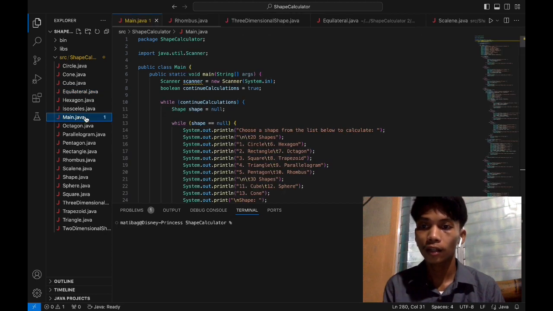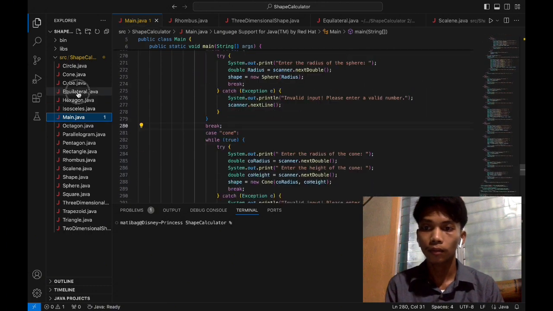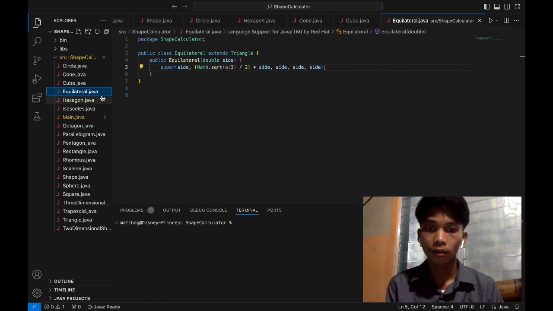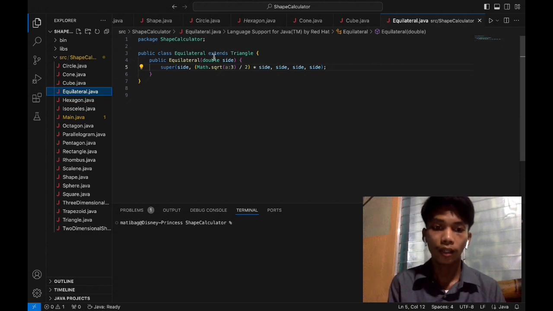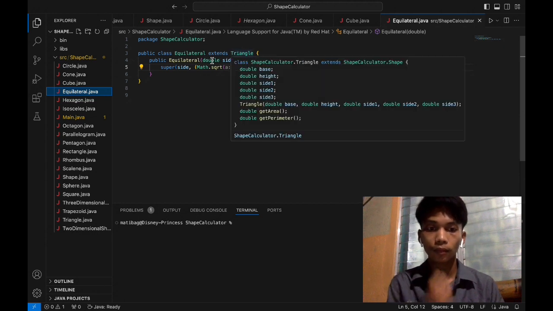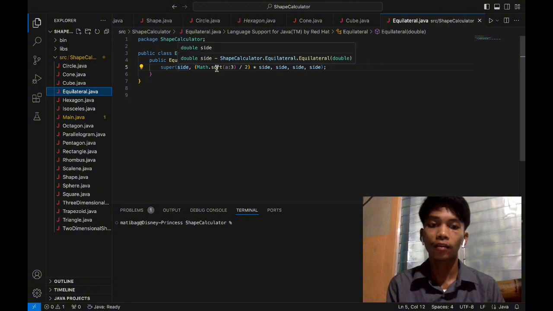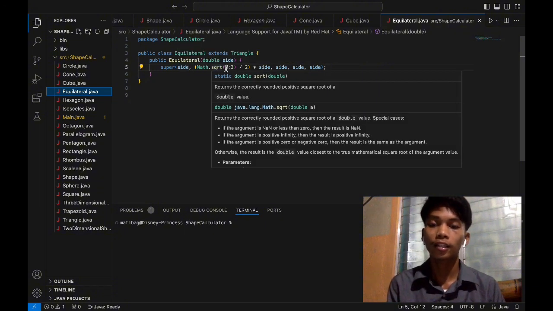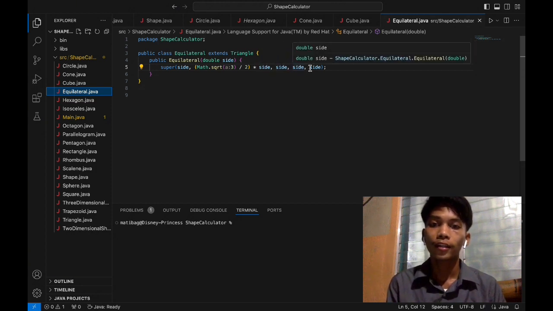And for the equilateral triangle class, this is a subclass of the triangle representing an equilateral triangle where all sides are equal.